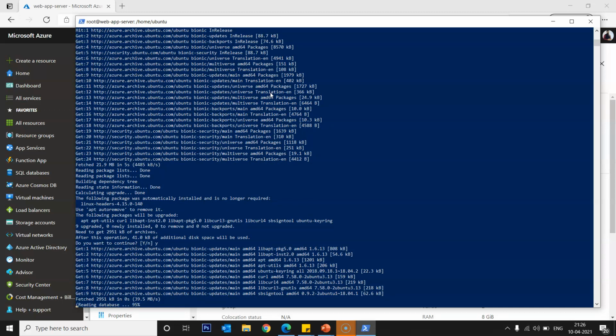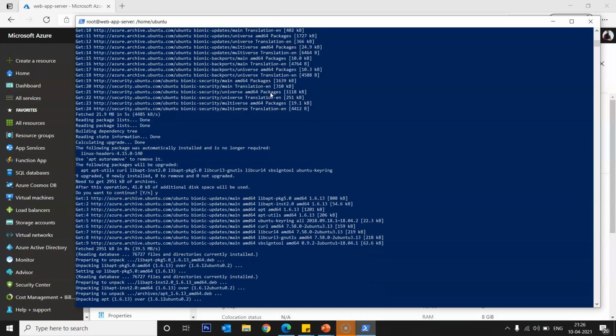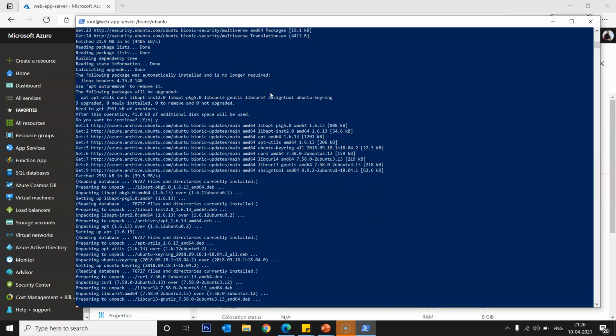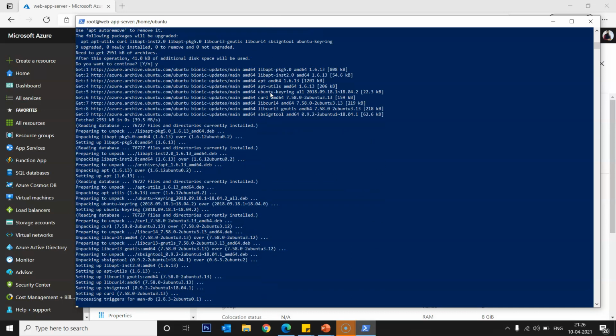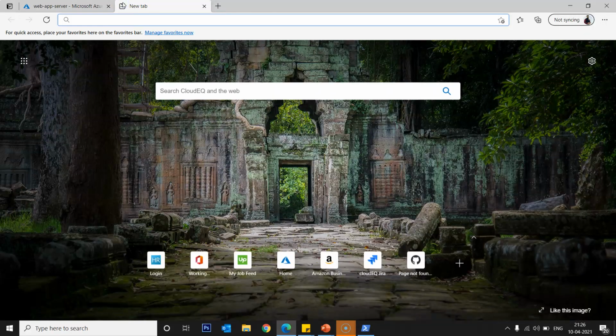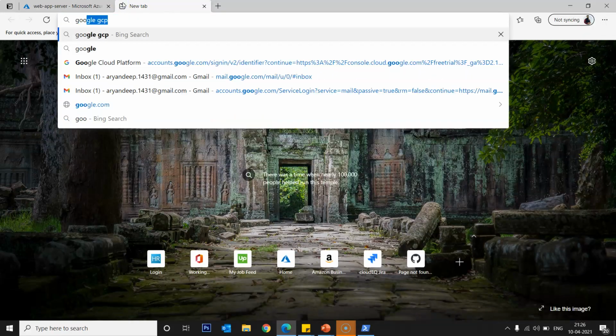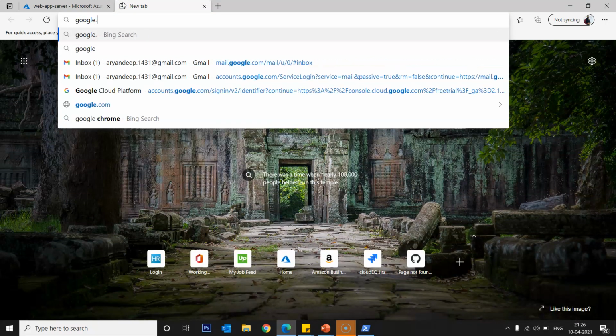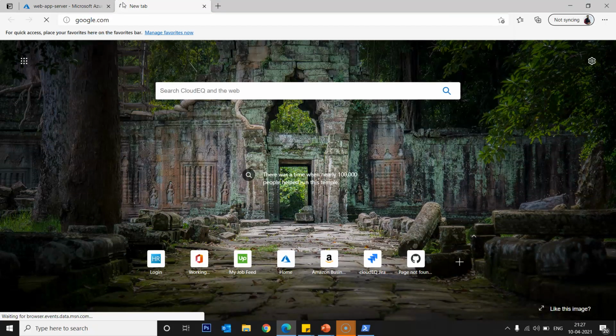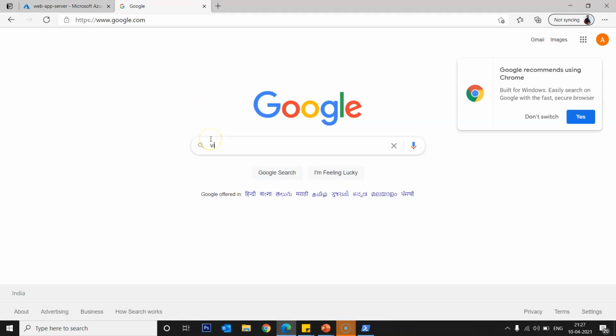So now your Ubuntu OS is totally updated and upgraded with the new packages and new versions of the packages. So now next, let's go to the VirtualMin website. Let's open google.com. I'll go to VirtualMin.